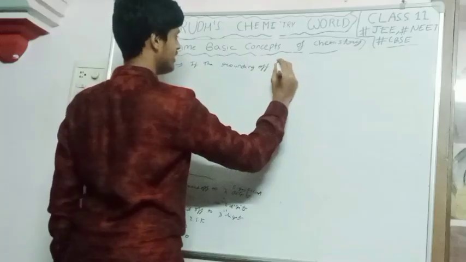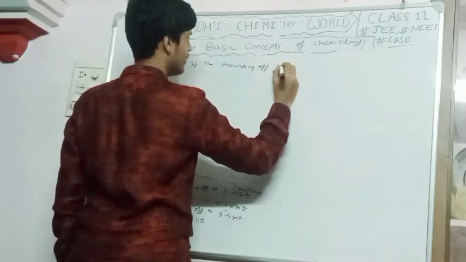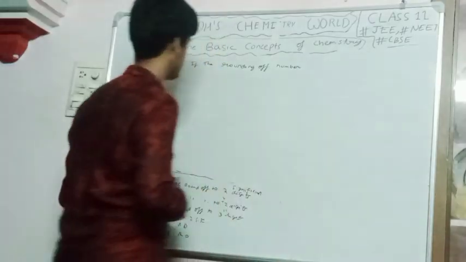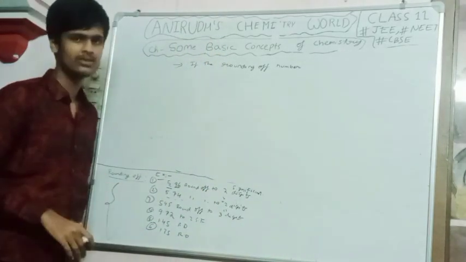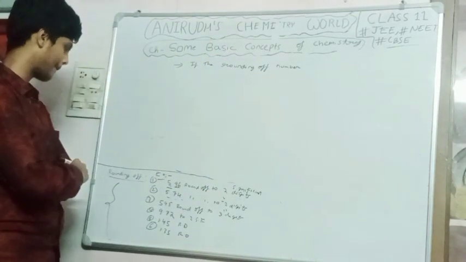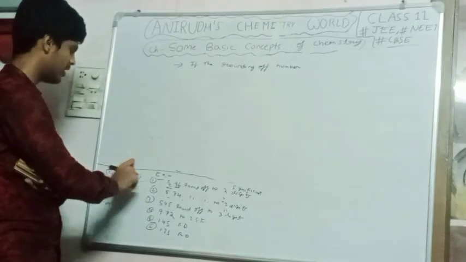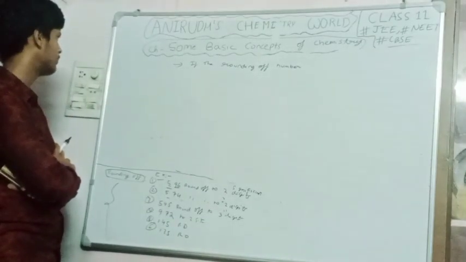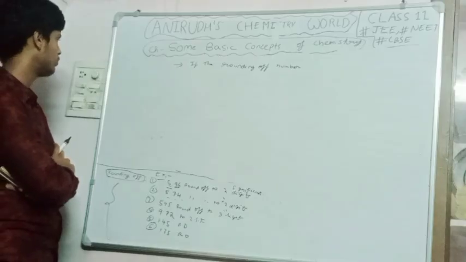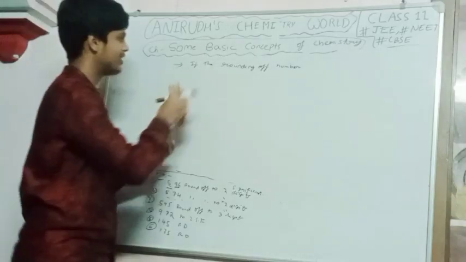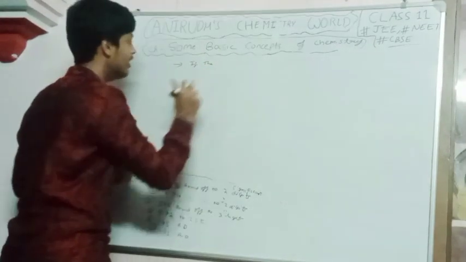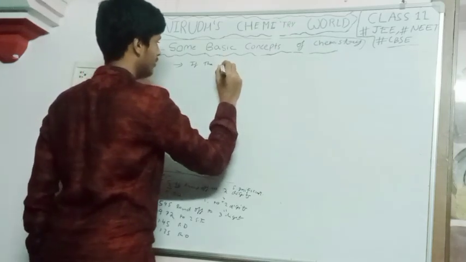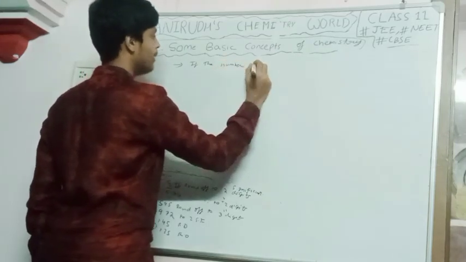If the rounding off number... okay, just write this example once. The concept of rounding off is very easy, you just see. Instead of this, I'll write the proper words. If the number to be dropped